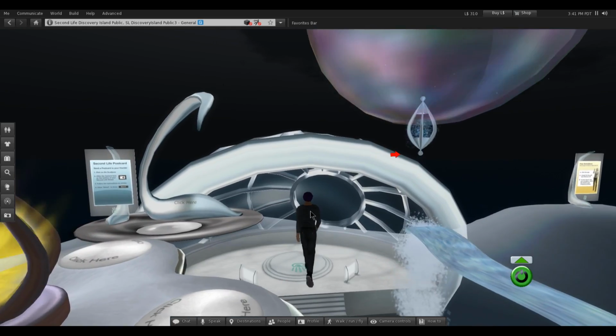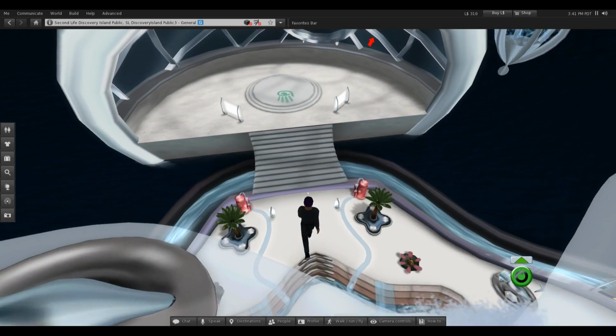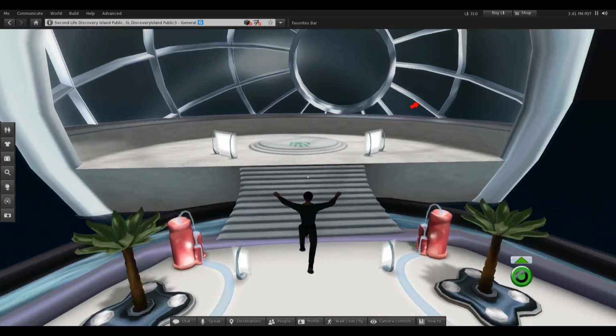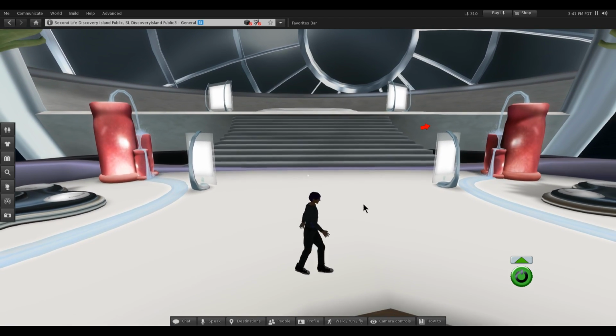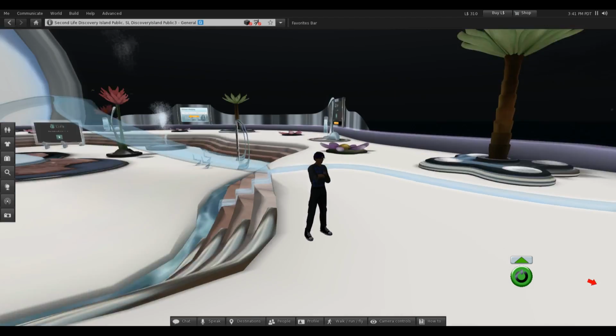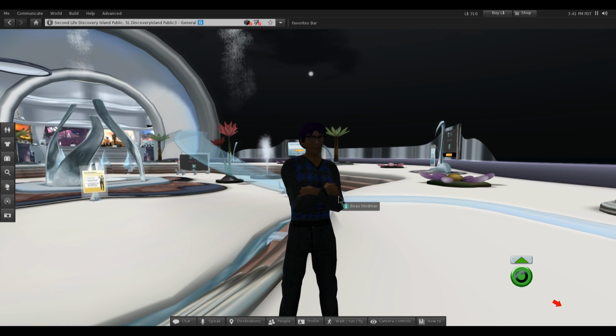Now, sometimes I'll forget to log into the game, and I forget to grab it. You do have to log into the game to be eligible for it. But as you can see, I have 310. I think I get 300 a week. I just spent a bunch on some artwork and stuff,